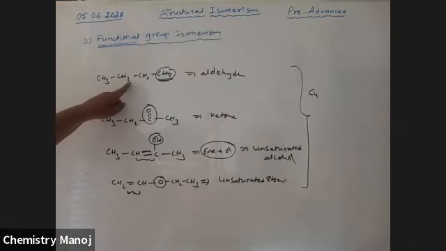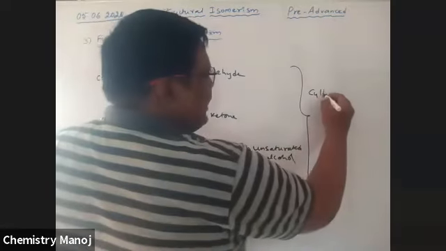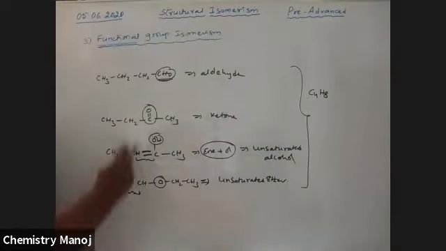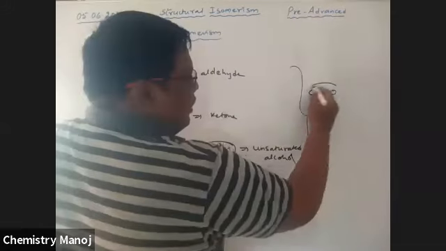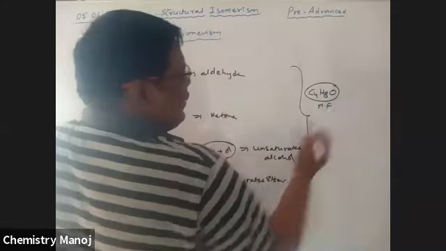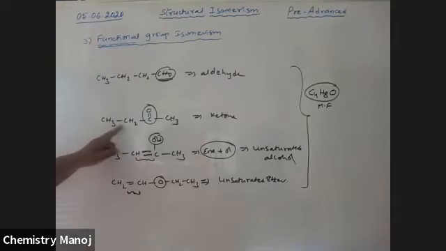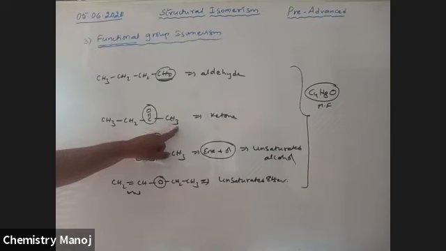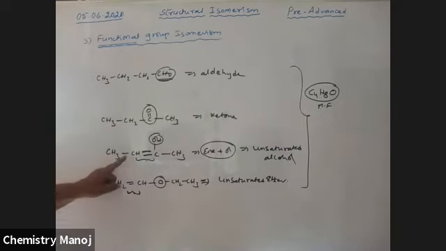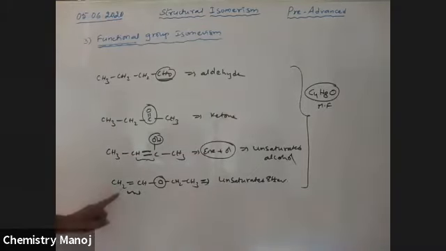Hydrogens: 3 plus 2 is 5, 5 plus 2 is 7, 7 plus 1 is 8. So C4H8, oxygen 1. That is the molecular formula of that compound. Now the next one: carbons 1, 2, 3, 4; hydrogens 3 plus 2 is 5, 5 plus 3 is 8; oxygen 1. So C4H8O. And the other: 1, 3, 4, 5, 5 plus 3 is 8, C4H8O. 2, 3, 3 plus 5 is 8, C4H8O.